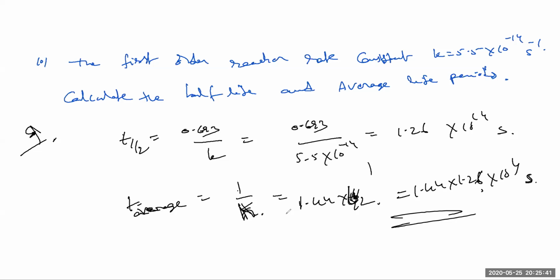Yeah, this is the first order rate constant, important. This is the first order rate constant derivation and problems. And in the next class we'll discuss molecularity and order determination methods. So here, molecularity, order determination methods, and one more, the collision theory. This is the remaining part in chemical kinetics.